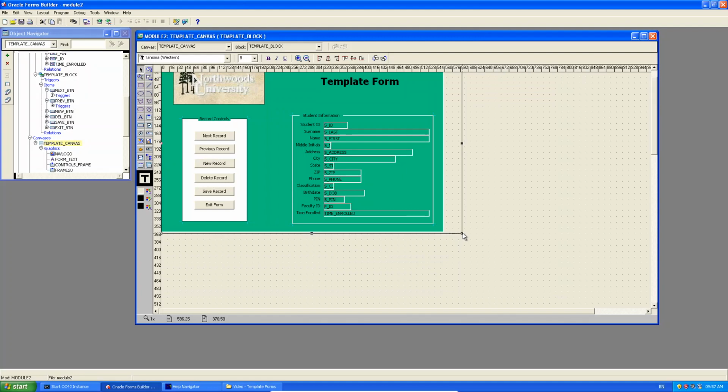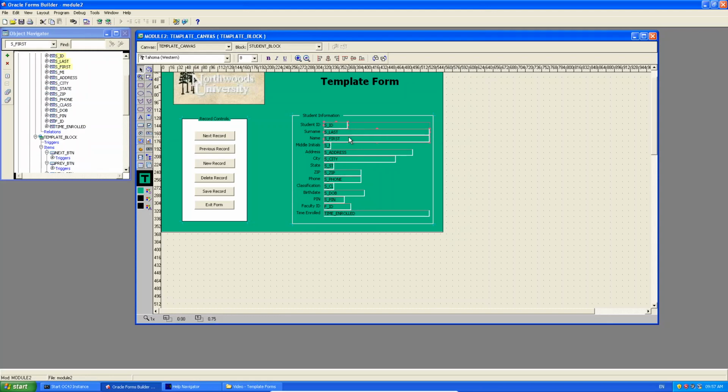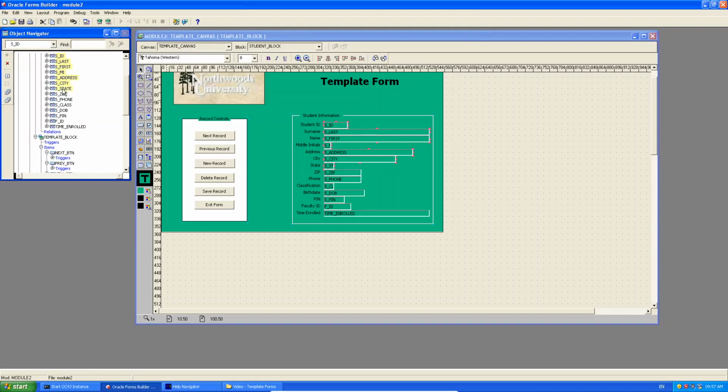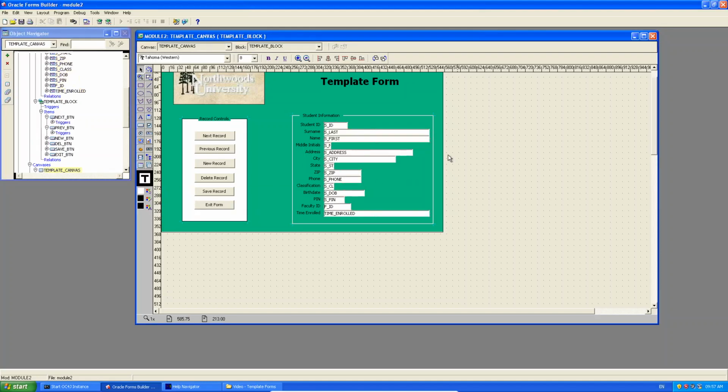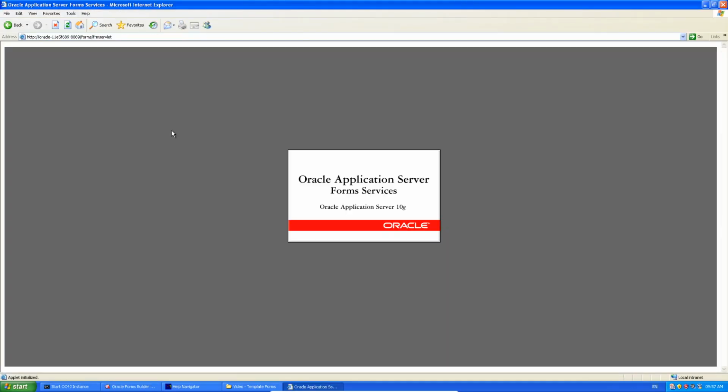Okay, and then just to make the text easier to read, I'm going to select all my items and set the background color of these text boxes to white, just to make it easier to read on this particular color. Okay, and now if I run this form,